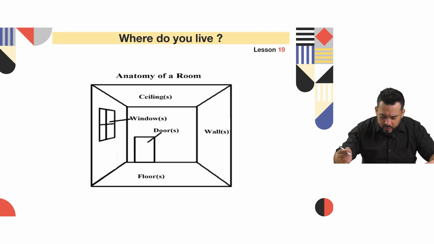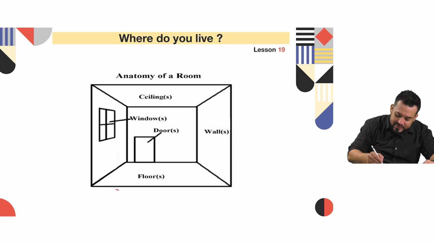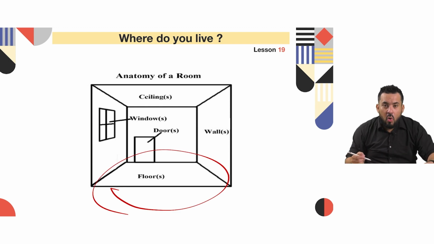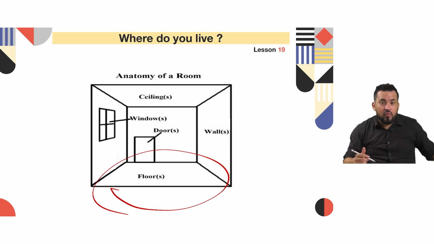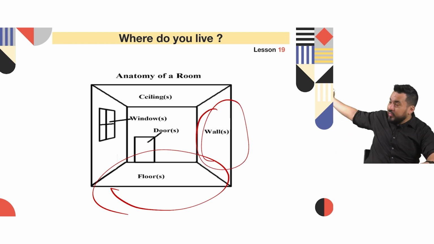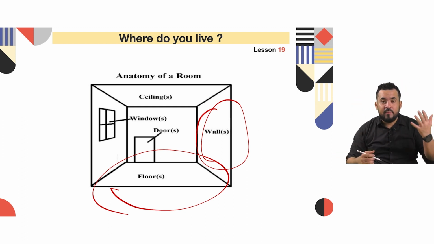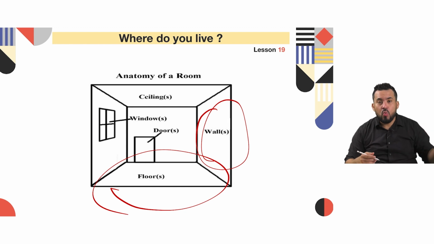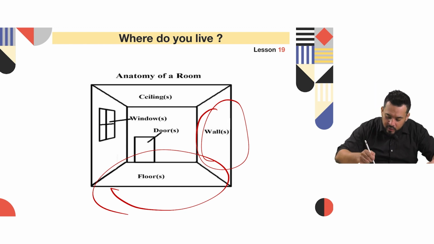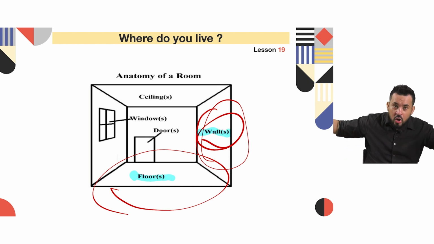Okay, so let's start with the lowest, which is this guy, the floor. So this is a floor, okay? This is called a floor. Now, these are called walls. Walls, plural; single, wall, W-A-L-L. Okay, so floor, walls,